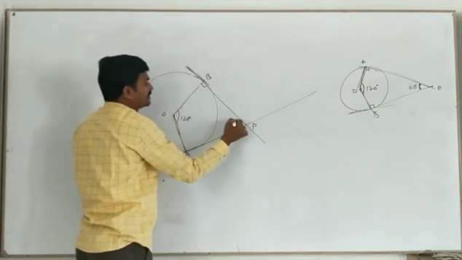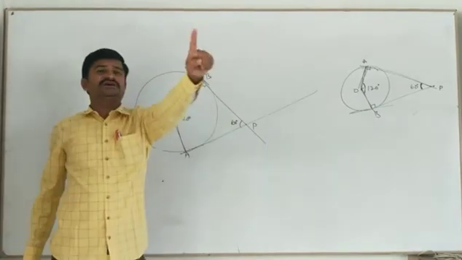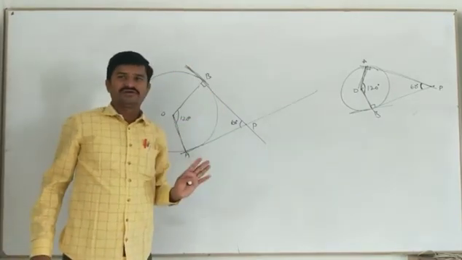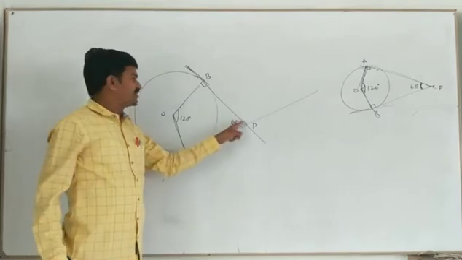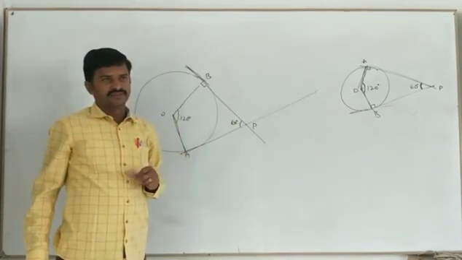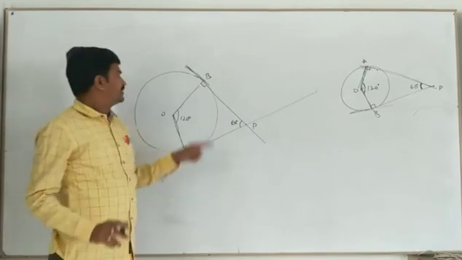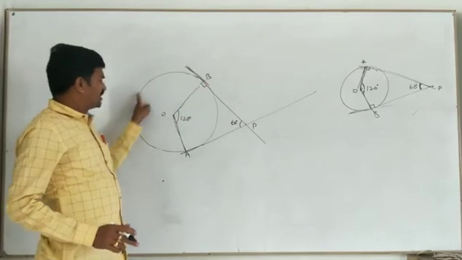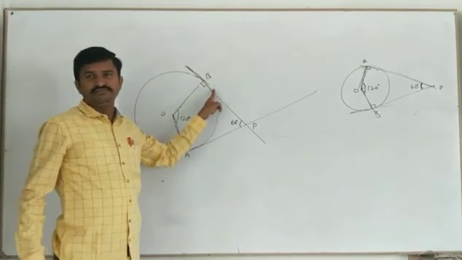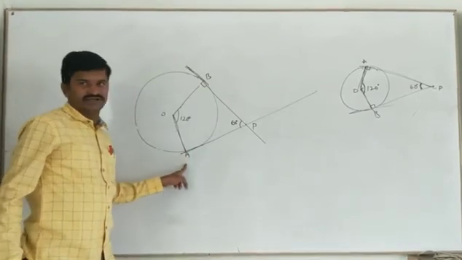Here definitely you will get 60 degrees. If you get 60 degrees, then only your construction is right, otherwise wrong. Are you clear? And also you have to measure it. PB and PA should be the same length. Are you clear? Are you clear or not? Yes. So first what I did here, I first drew a circle of radius 5 centimeters, and I marked a point on the circle A and joined OA, that is the radius.